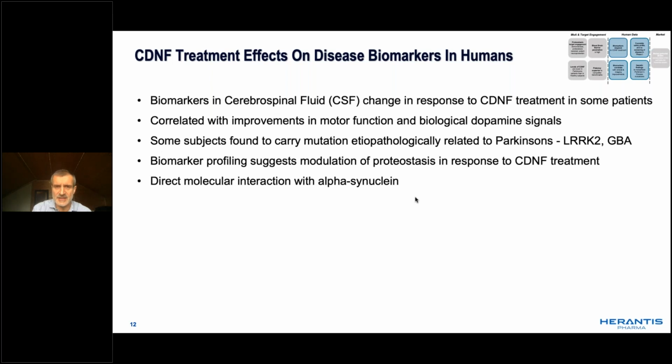in the phase 1 study, we analyzed the biomarkers. We did a comprehensive, extensive review and analysis of 50 biomarkers in the study. And we recently completed the analysis of that. And what we have noticed is that, first of all, there's a clear change of the biomarkers in response to CDNF treatment in patients. Those changes in the biomarkers are correlated with improvements in motor function as well as biological scanning, so brain scans of these patients. So we have the change in the biomarkers, but they also correlated with the improvements clinically and from a scanning